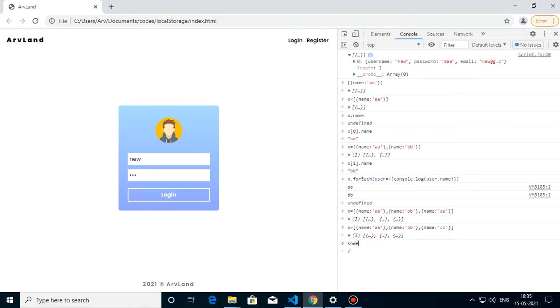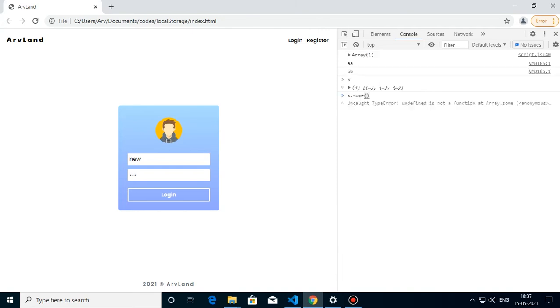Now there is a function called some. These are all array functions. What some does is that it checks a condition, and if at least one element inside an array satisfies that condition, then it will return true. Let me show you x.some.